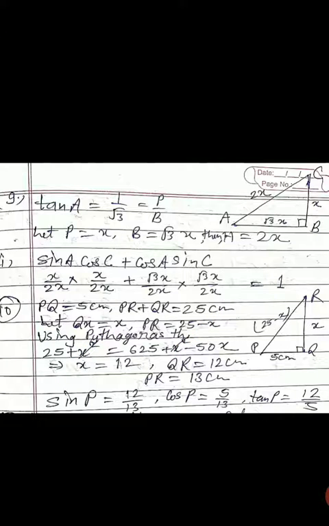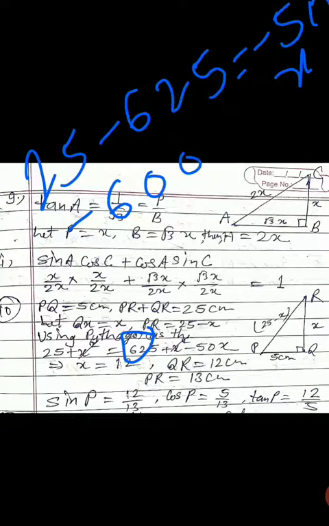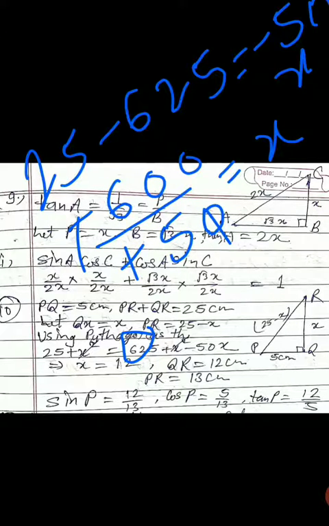Now here if we separate x, so it will be 12. How did it come? Because 25 and LHS are the same. Now this 625 is transferred to LHS, so it will be subtracted in LHS. 25 minus 625 equals minus 50x. 25 minus 625 will be minus 600, and in RHS it is minus 50x, so minus 50 will transfer to LHS and be divided. So minus minus cancel, 0 and 0 cancel, divide by 5: 5 1s are 5, 5 2s are 10, so it will be 12. So x will be 12.